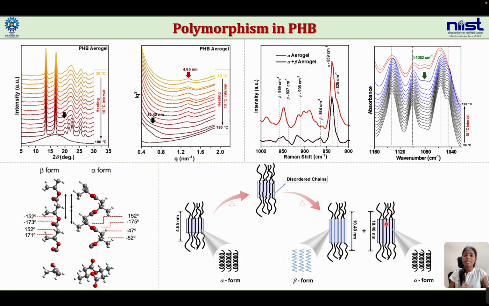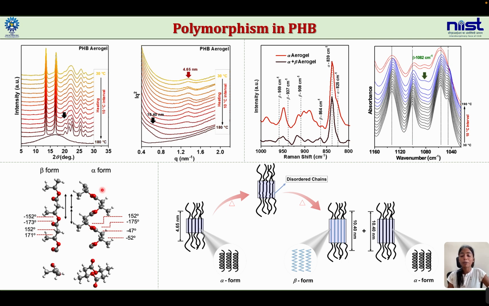The literature shows that this kind of transition corresponds to a crystal transition in the case of polymers. In order to know what exactly is happening there, we perform the variable temperature WAXS and SAXS analysis. Here also we can clearly see that up to that DSC transition temperature, the pattern remains the same. And when the temperature reaches 140 degrees Celsius, the DSC transition temperature, some changes are happening. Here also the peak at 20 degrees corresponds to the beta form of PHB. So we can clearly say that in the case of PHB aerosols at 140 degrees Celsius an alpha to beta transition is happening, and that transition is confirmed using Raman analysis and variable temperature IR analysis.